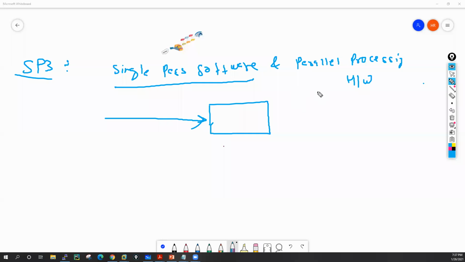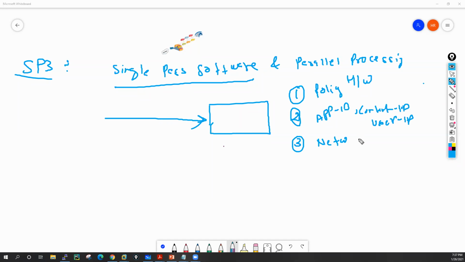It has a policy engine, an App-ID engine, then a Content-ID engine, and a User-ID engine. And in the third engine, it also has the networking engine.